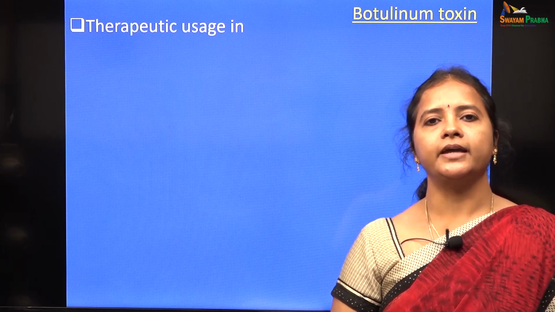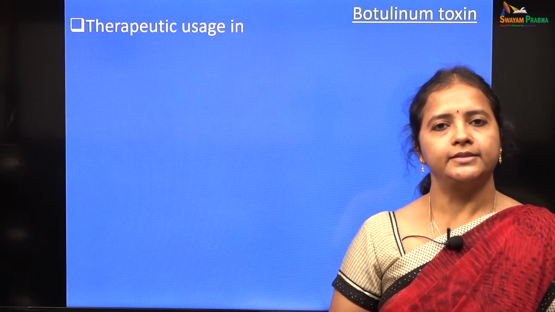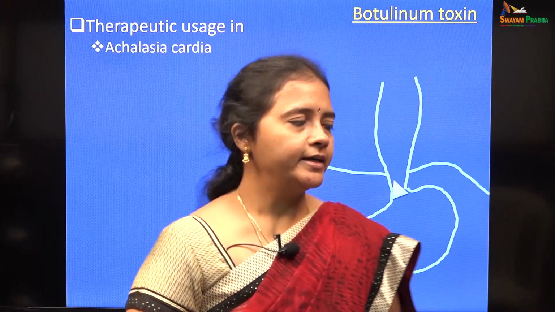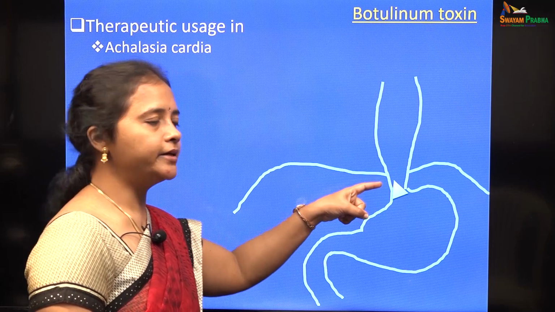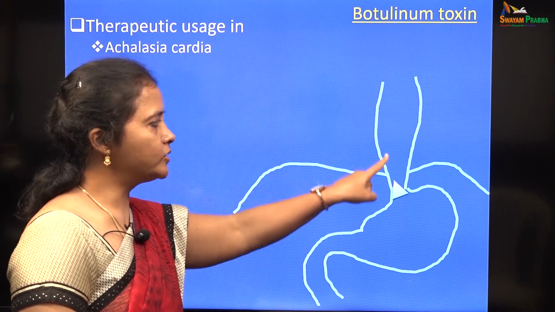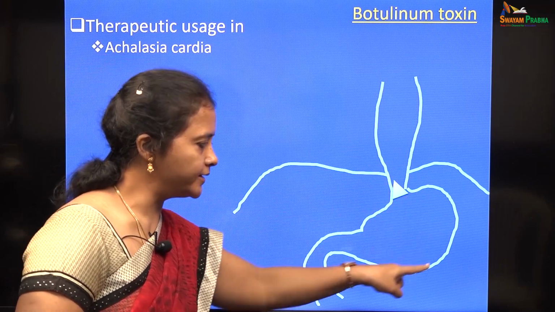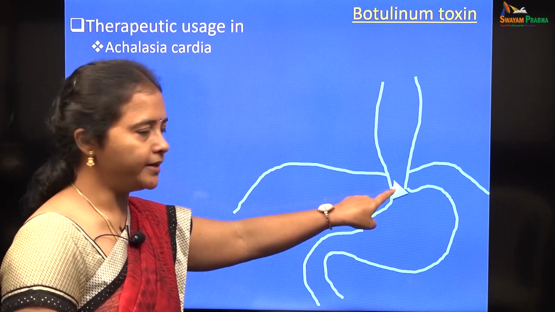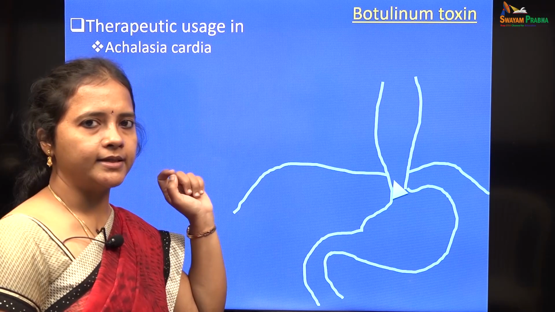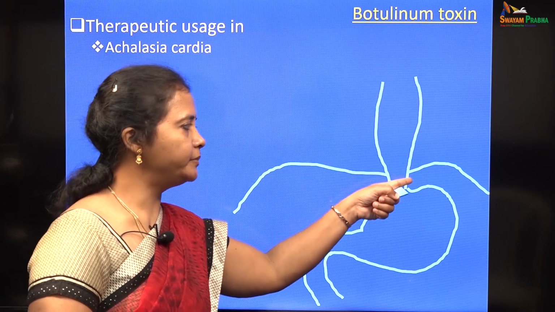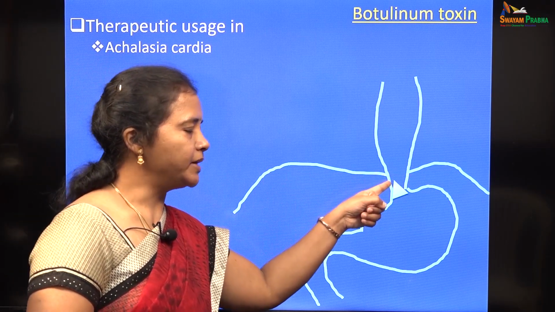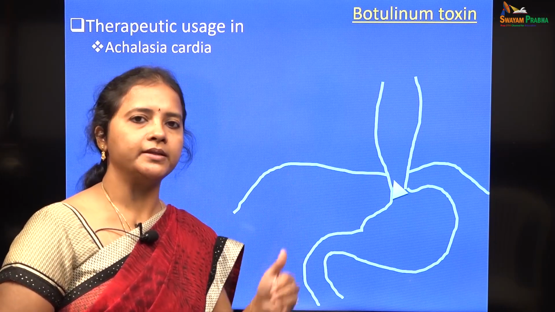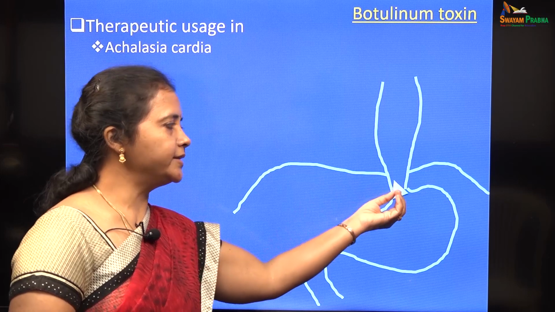So, that dose is actually used for treatment of a condition called achalasia cardia, where there is hyperactivity or increased tone in the lower esophageal sphincter. This is the esophagus and the stomach, and the lower esophageal sphincter goes into hyperactivity. So, this Botox injection can be given as a treatment by injection into these muscles, thereby the tone of the hyperactive sphincter is reduced, causing relaxation.